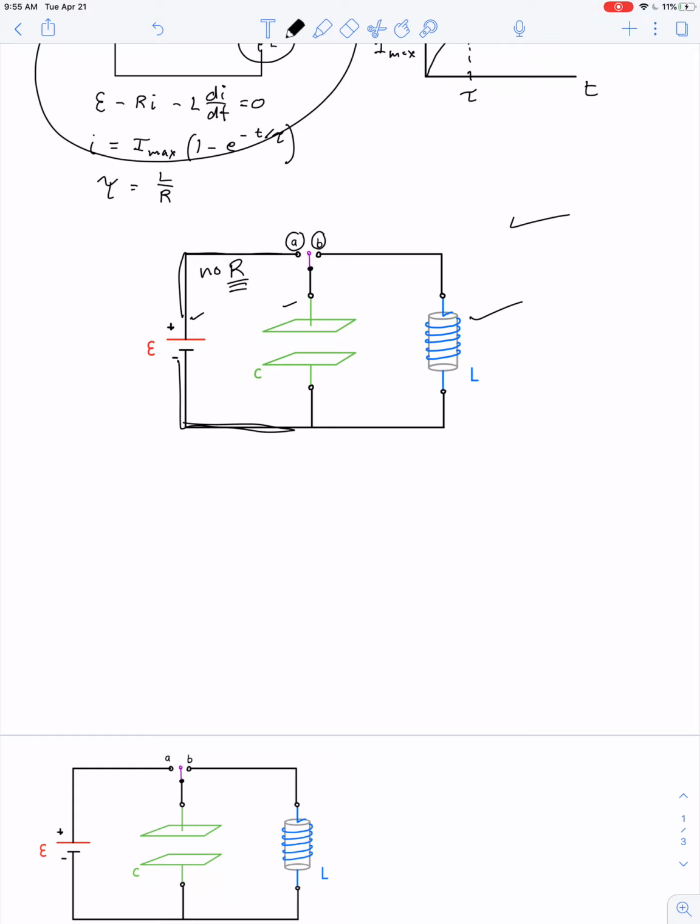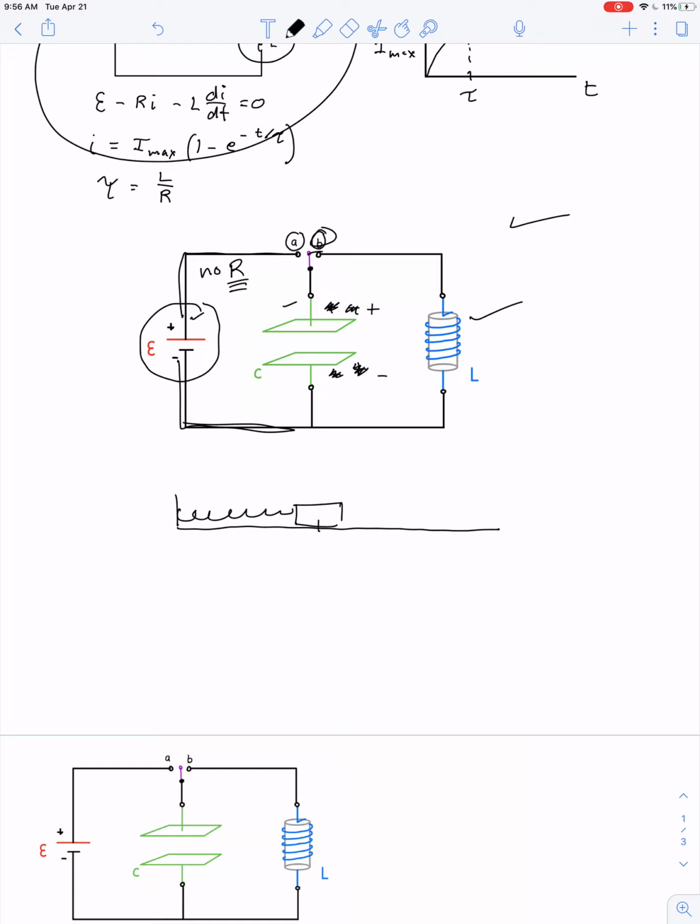It doesn't cause a quick discharge that ends. What happens is the capacitor starts out with positive charge on the upper plate and negative charge on the bottom plate because of the way it was connected to the battery EMF. And when the switch is indeed moved to position B, the capacitor does discharge, but then it charges up again and reverses the polarity on the plates. Then the charge goes back to 0, and the plates return to their original value, and the behavior, somewhat surprisingly, or perhaps not,